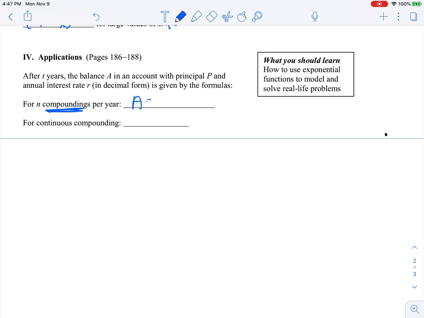And compounded interest looks like this: the amount equals the principal invested times 1 plus r, which is the interest rate, over n, which is the number of times compounded per year, to the n, which is again the number of times compounded per year, to the t. So again, A equals the amount, P equals the principal, meaning the initial amount that you invest,